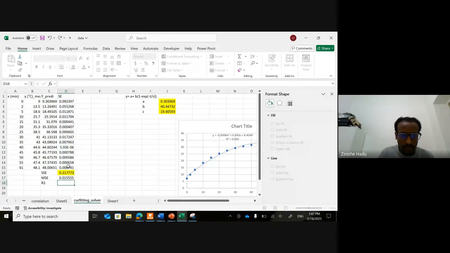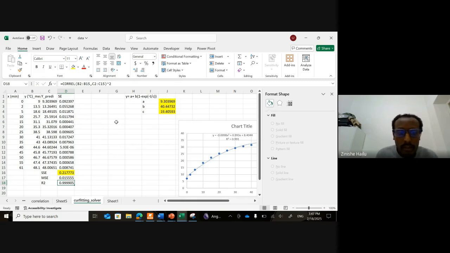And the correlation. Correlation is between the measured one and the predicted one, and the whole square. Yes. So at 0.999, the coefficients now, the formula will be y is equal to